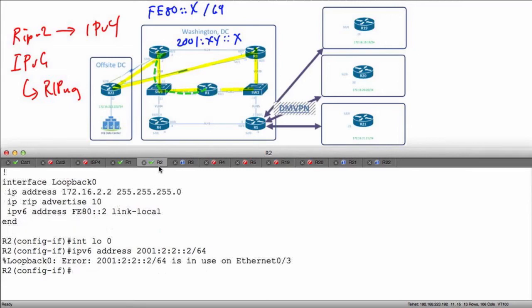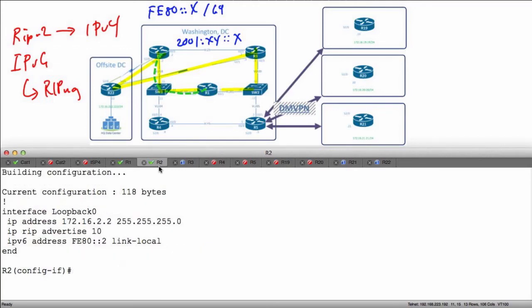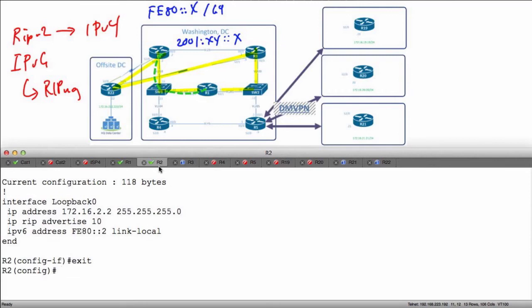It's in use on Ethernet FA03. Do show run interface LO0. Well, the issue here is that I'm currently on R2 instead of R3. Now, the reason I'm doing this is notice here I configured a link local address, but